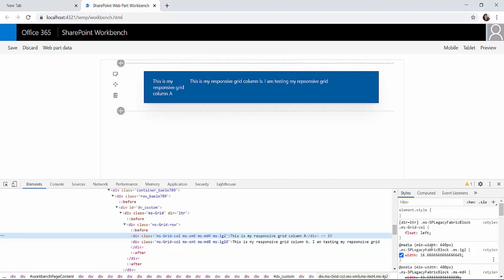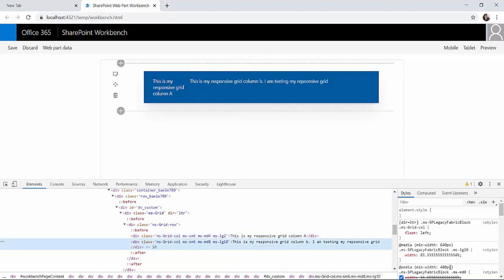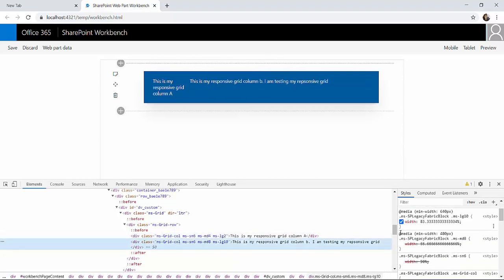So you can see over here, automatically, I told you that column A will take 16% of the width. So this is taking 16%. If I remove it, now things are getting changed. And the rest of the space, that is 83%, is taken care of by my column B. Now we will check whether it is responsive or not.